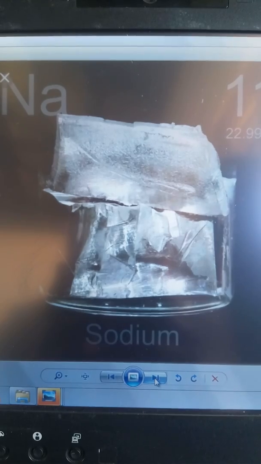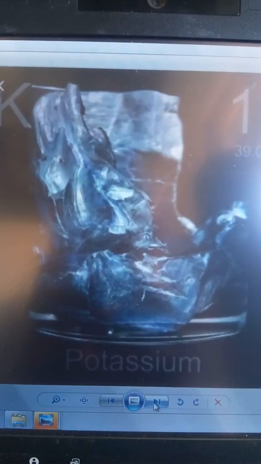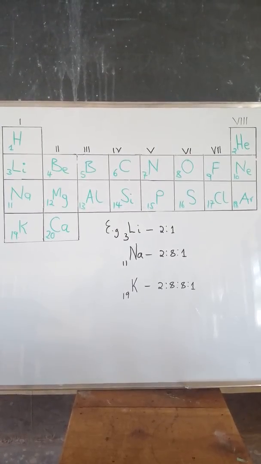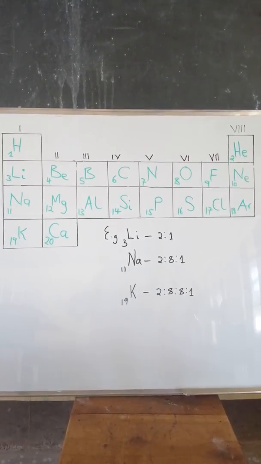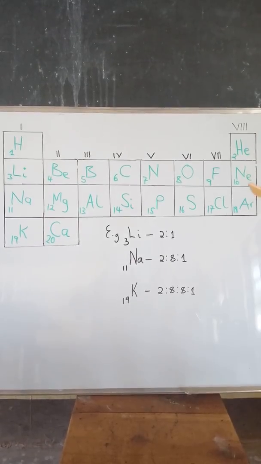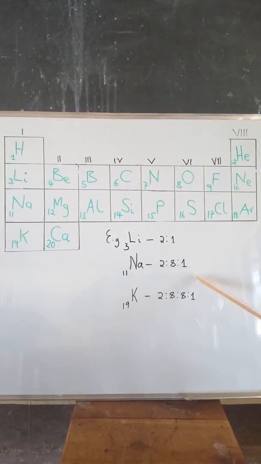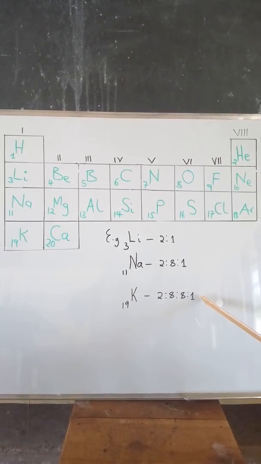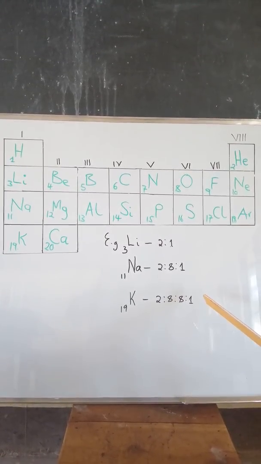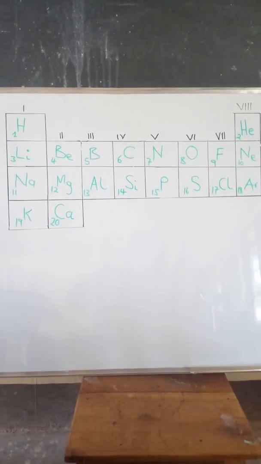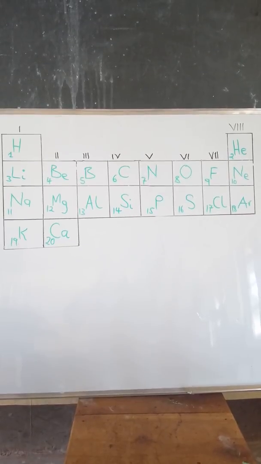Lithium, sodium, and potassium have the same physical properties as metals, but they also react by losing a single electron. That's a single electron from the outermost shell, forming a stable structure, the same as that of the nearest noble gas. For example, group 4 elements, which are also the nonmetals,